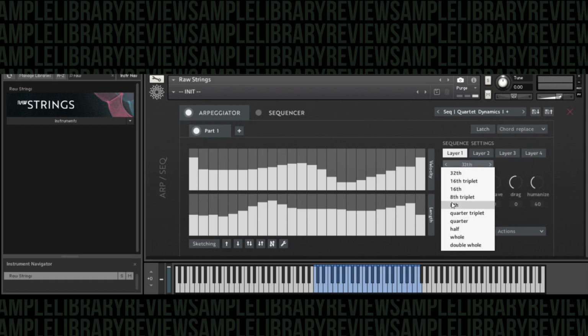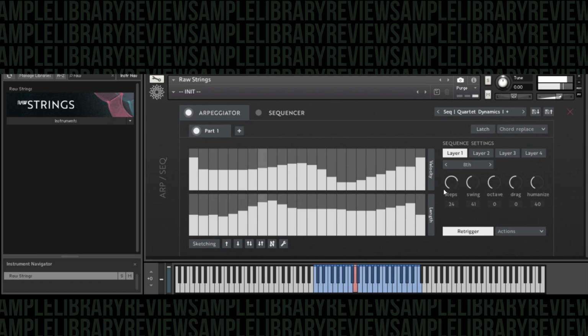So we're not going to hit anything on there. Let's put a bit of swing. Okay, so really straightforward. You have the re-trigger and sort of the actions that you can set, and the sketching